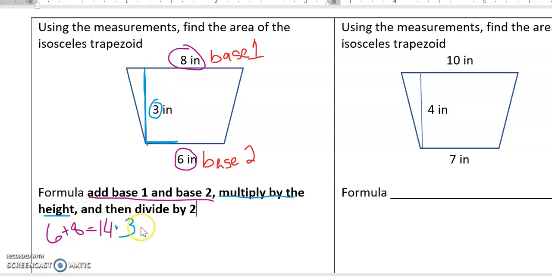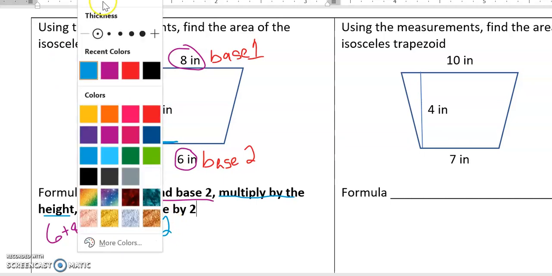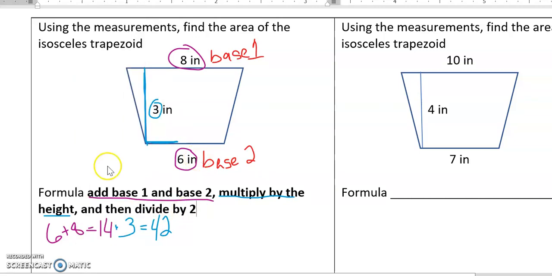So 14 times 3 is 42. Then the last thing to do, because I'm not done, because I'm reading everything that I typed out, the last thing to do is then to divide by 2. So 42 divided by 2 is 21